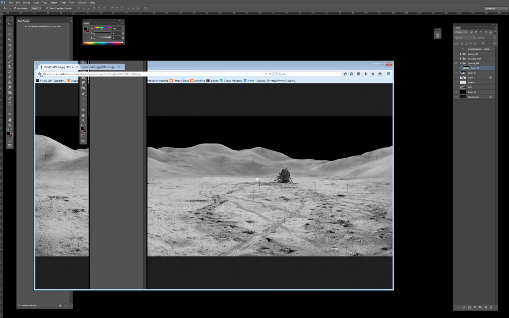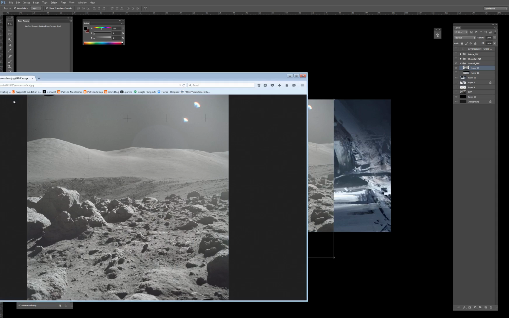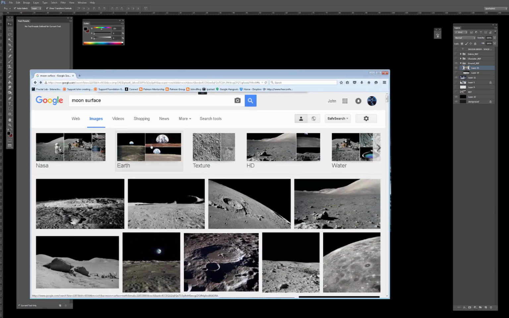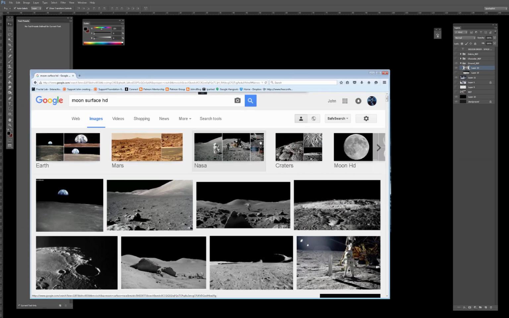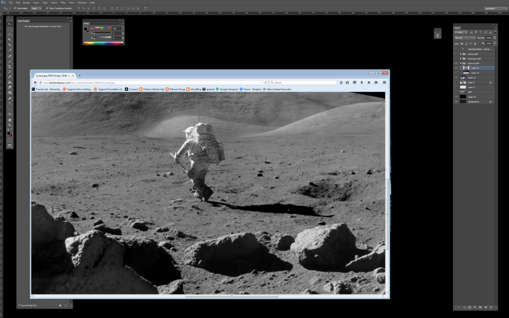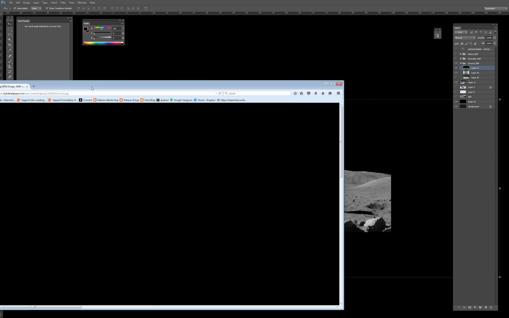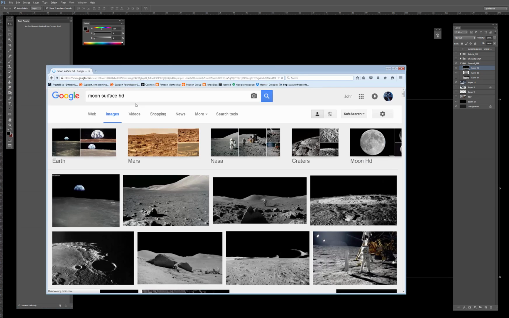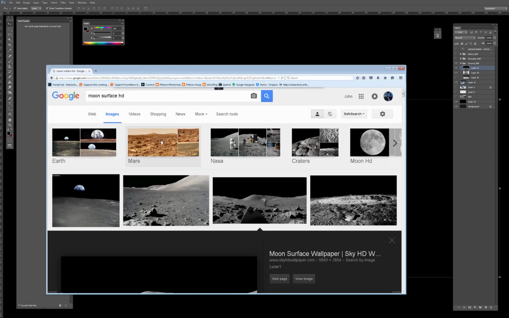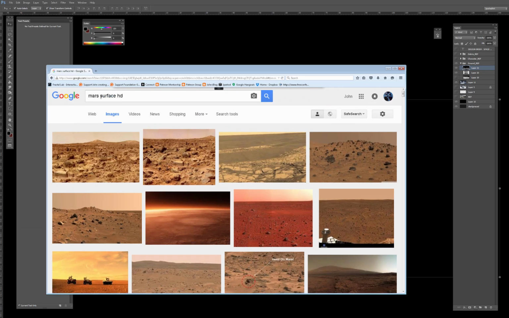Okay, the next one, this is actually pretty cool for rocks and stuff like that. But the closest thing to this kind of ground is actually looking at oh, that's nice too. Sorry, totally got sidetracked. But the closest thing is looking at some reference on the sand in the desert, and just turning it black and white. That's another alternative. So what we can do is click, oh, there's some Mars stuff here. We can click desert surface,